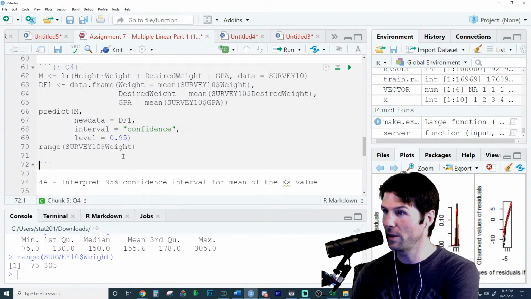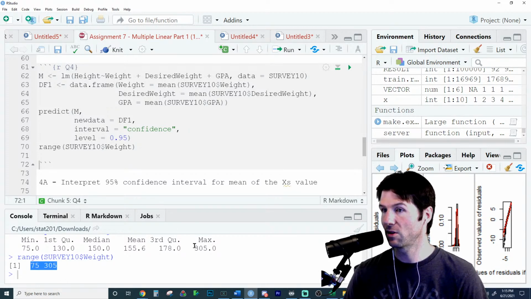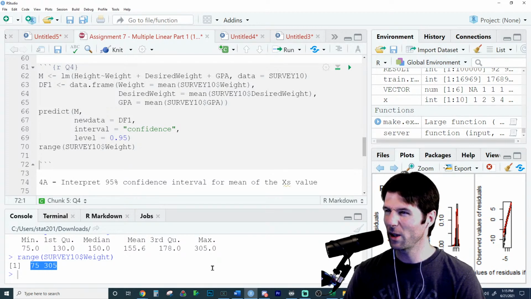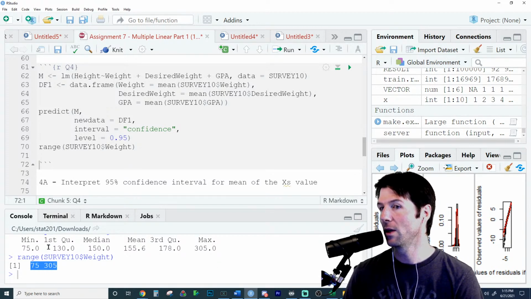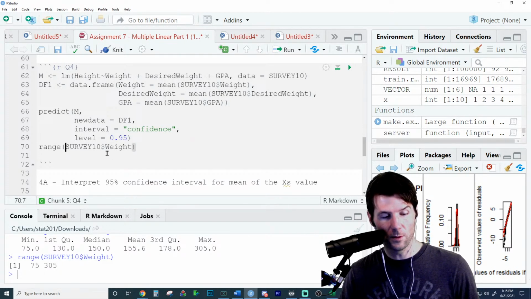Extrapolations of these variables would be right here. These are non-extrapolated values because the minimum and the maximum weight in the data frame is 75 to 305. So an extrapolation occurs outside of 305 and 75. So that's where we'd be extrapolating. What I'm more interested in,